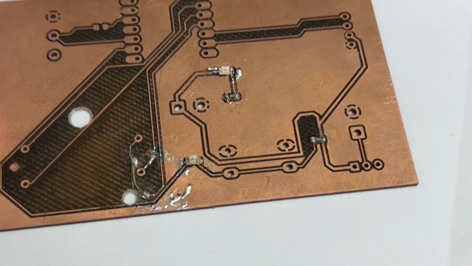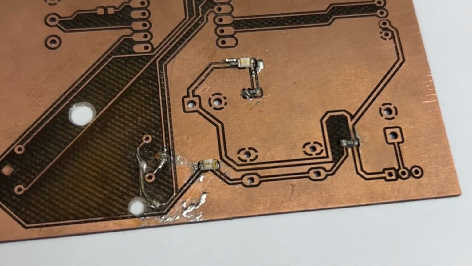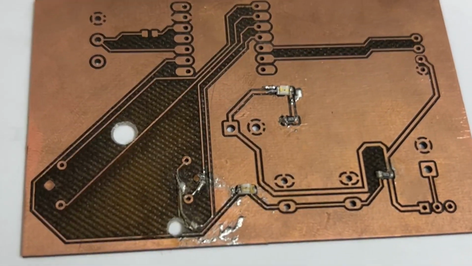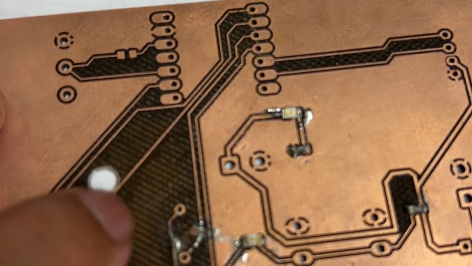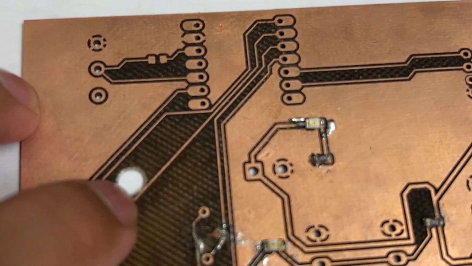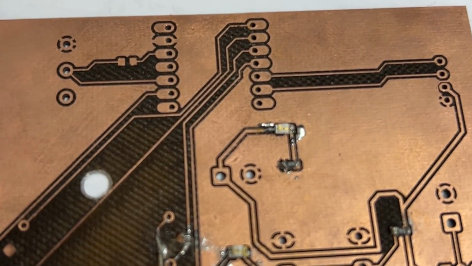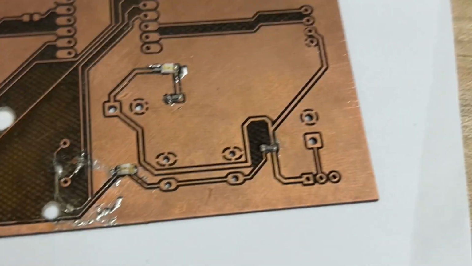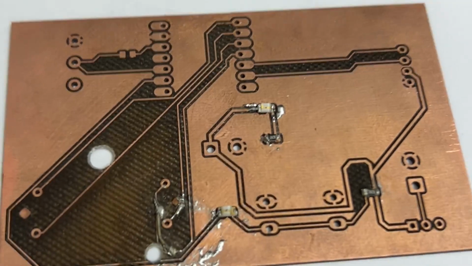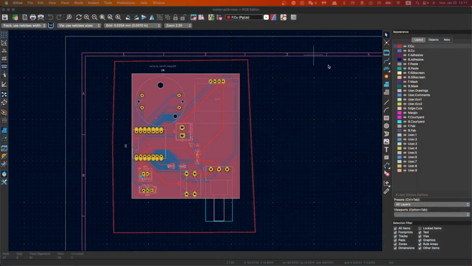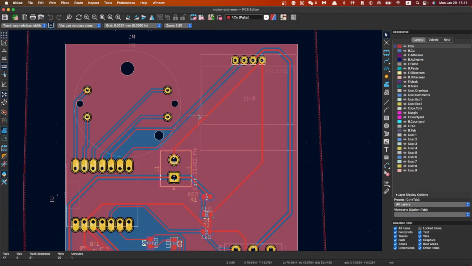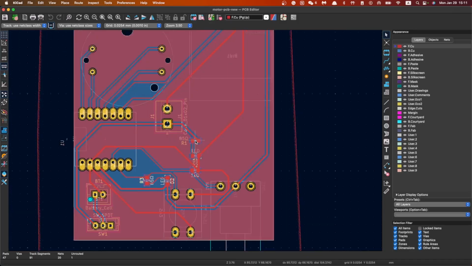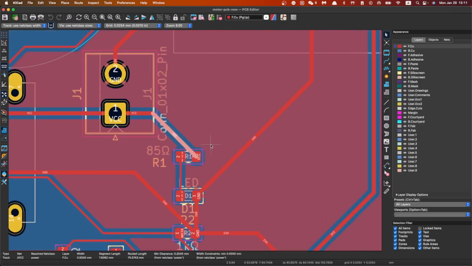Please make sure that your tracks go far away from any drill holes on your board. As you can see, this track here is super dangerous, right? If that drill hole is a little bit bigger, this track will also be cut off. Okay, so please avoid those things. And what I'm going to do next here on my PCB board is to show you how to avoid such things. Okay, so first, make sure that these